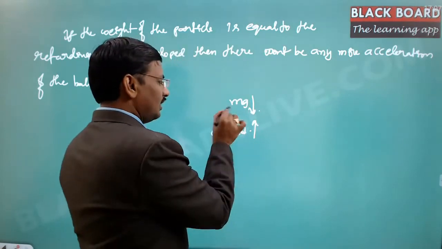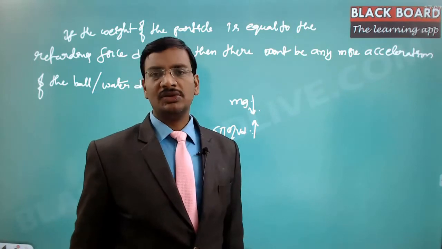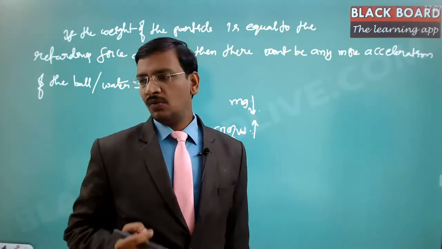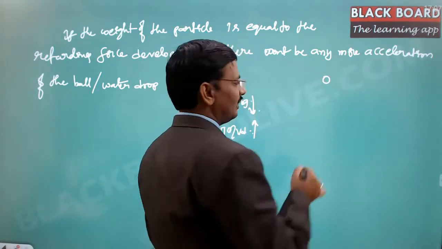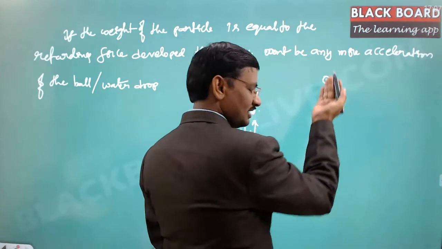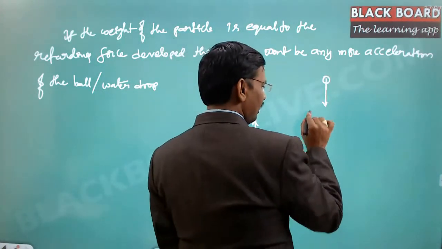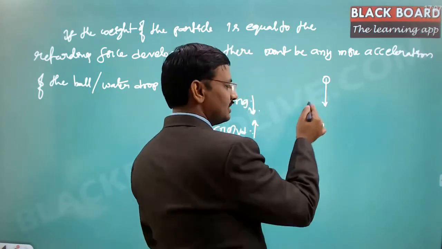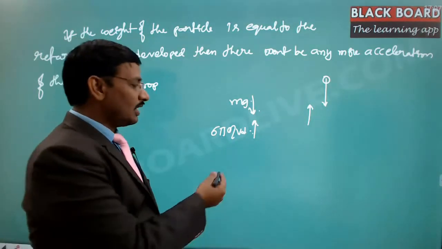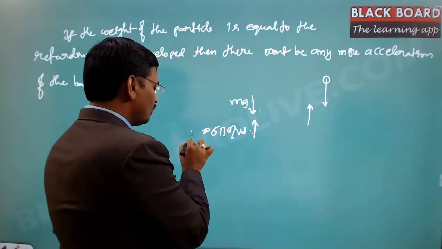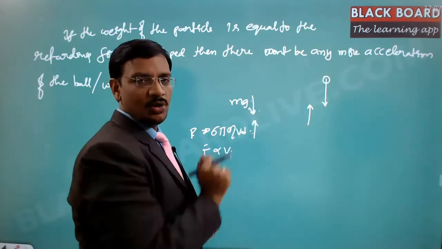Now here this force and this force are equal. So if it is equal, then there won't be any force on the water drop. Initially the water drop, which started at the top of the sky, raises its velocity until this point. As it raises its velocity, a retarding force is developed. Then this retarding force and the weight of this particular body are both equal. If you notice, the retarding force is directly proportional to the velocity. You raise the velocity, the force is developed in the opposite direction also.